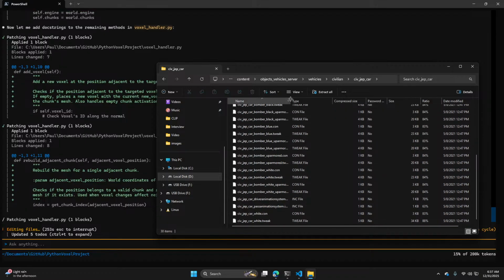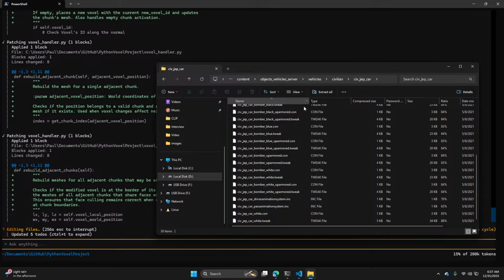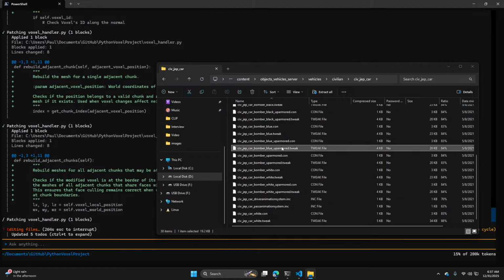Here we go. Civilian Jeep car bomber blue. I think this is what you're talking about.